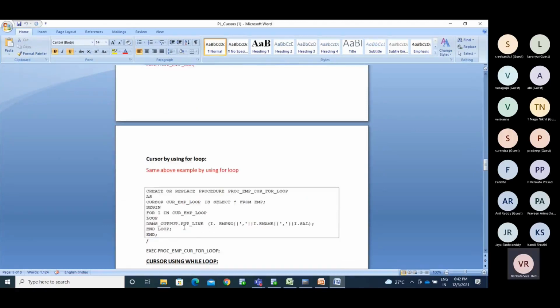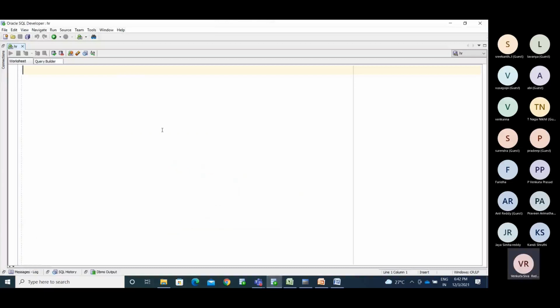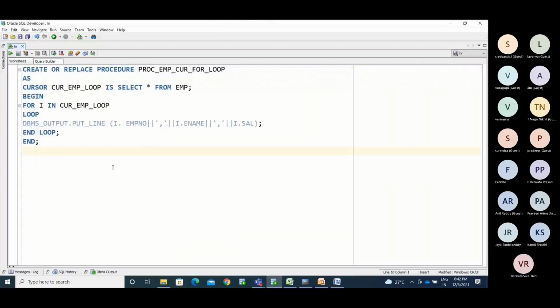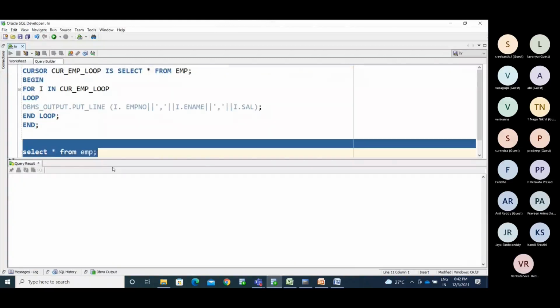Now I am taking this query. I am verifying whether my employee table has information or not. My employee table does not have any information.